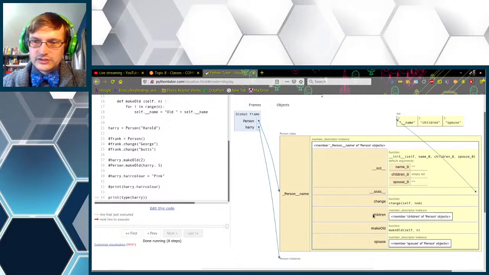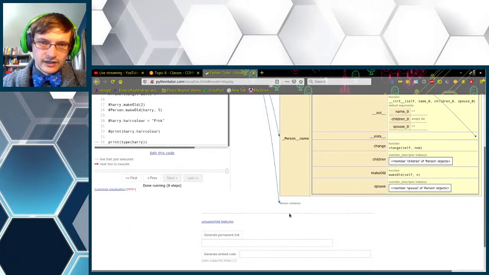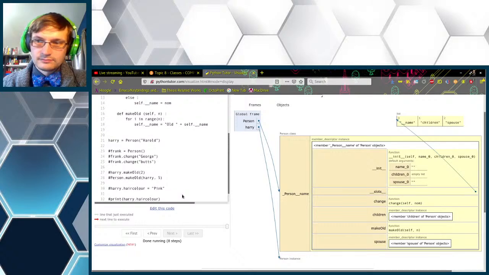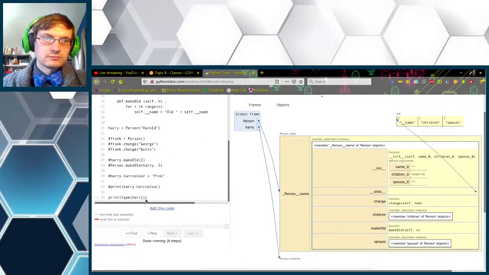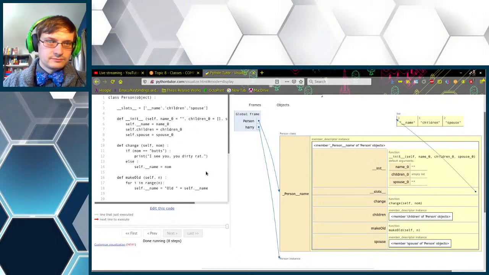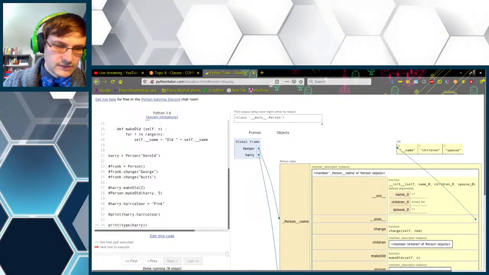We've got functions, we've got children, we've got the init. These are all defined within the class. So there you go. And Harry is a person instance. Cool. Neat.